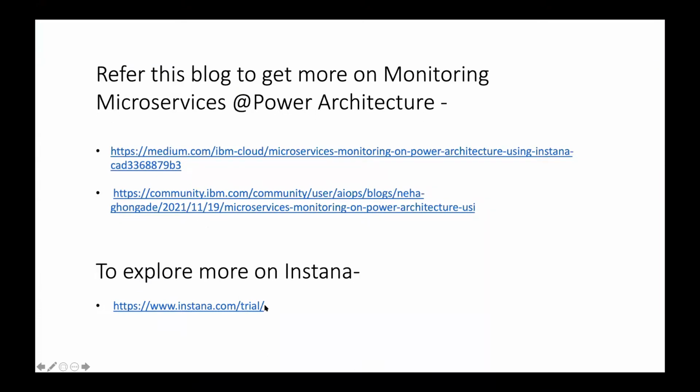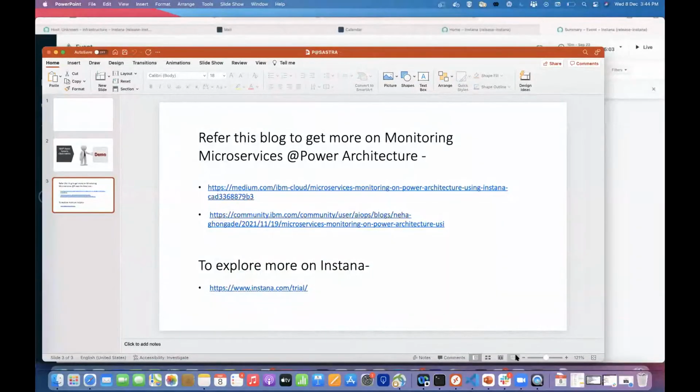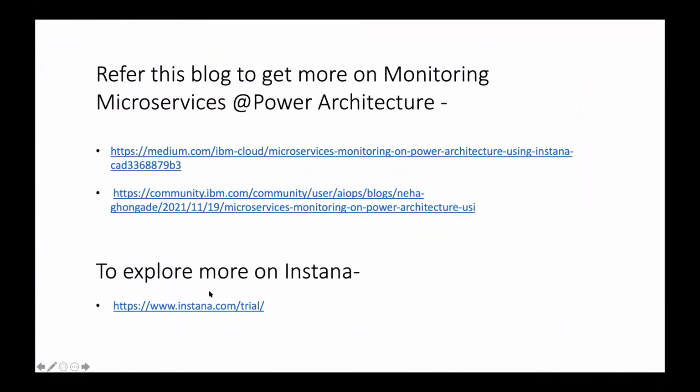To know more about Instana and explore it, you can visit over here. You will get access for 15 days. You'll get a server, and you just need to install the agent wherever you want to monitor, like a laptop or VM, configure it, and monitor it.